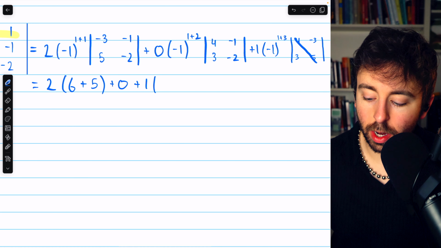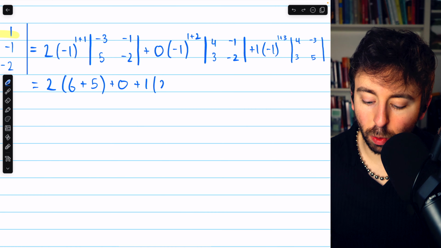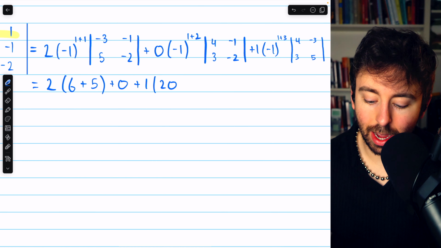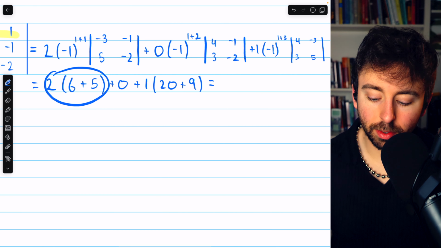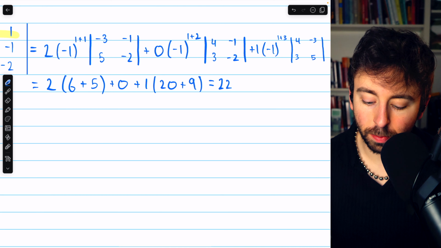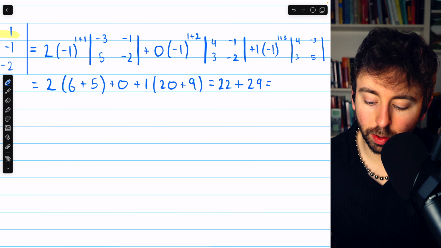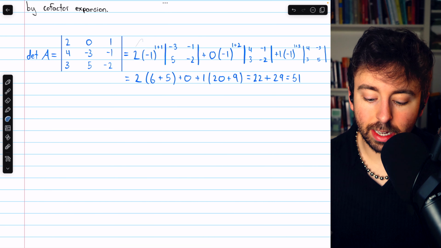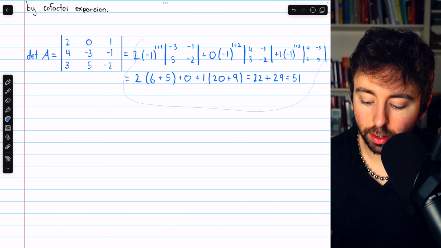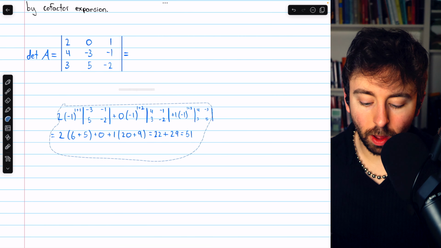4 times 5 is 20. Negative 3 times 3 is negative 9. So this will be 20 minus negative 9, so 20 plus 9. This then is 2 times 11, which is 22, plus 1 times 29, which is 29. And so the determinant of this matrix is 51. So that's how to find the determinant of a 3 by 3 matrix using a cofactor expansion along the first